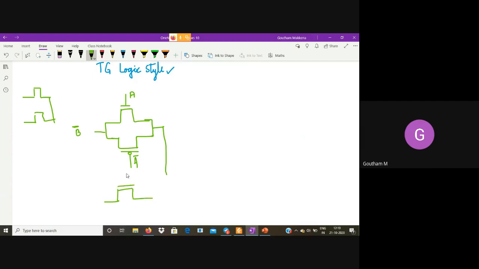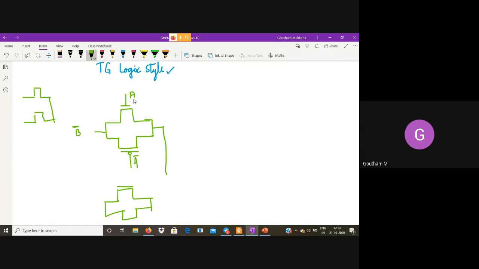So let this be NMOS, and this NMOS should get the complement of whatever this NMOS is getting.